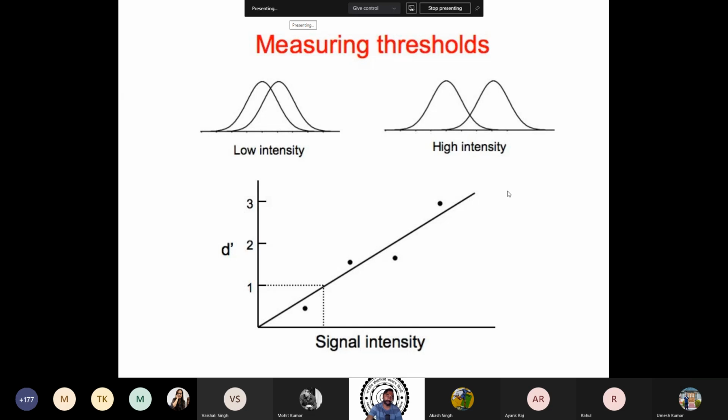Now you have a clear graph that, depending on higher intensity of the signal, your ability to separate them out, or to perceive that one is different from the other, also goes up. This is basic signal detection theory, which is borrowed from physics or, more recently, from engineering. And this is also the same thing in the way the human or all of our perceptual system works.